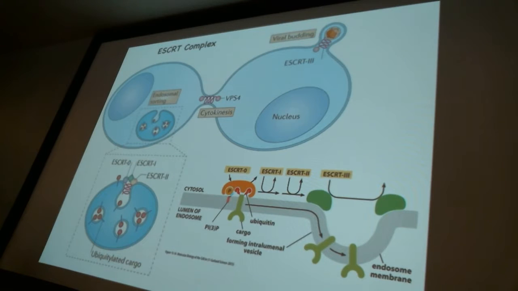And looking at this system, now it's known that there is another complex of several proteins in the cytosol. They get recruited, and it's called the ESCRT complex. And interestingly, the way people first discovered this was looking at viruses. It was groups working with HIV that saw that these viruses take over the machinery of the cell, and they basically use the membrane of the host cell to form their envelope when it buds out. So they discovered that this group of proteins, especially ESCRT-3, can form these spirals